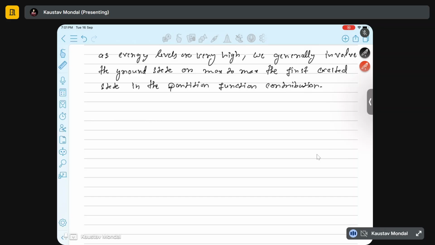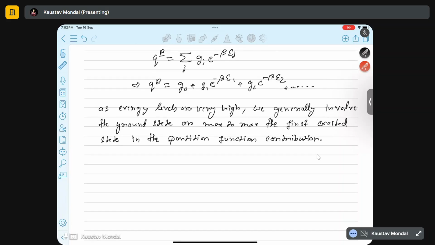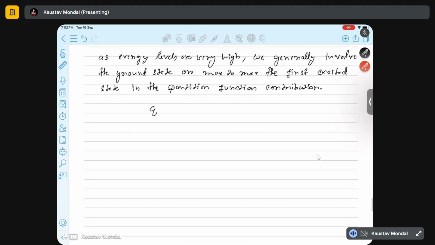Okay, so that means we will only consider the first ground state, that is g0. For the case of the ground state, we only have to consider the degeneracy value, right? If the system remains in its ground state. So for the electronic case, q_el would simply be approximately g0,